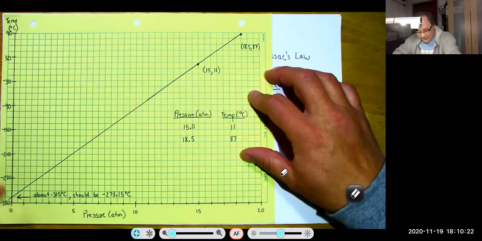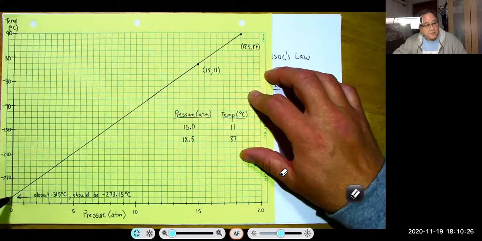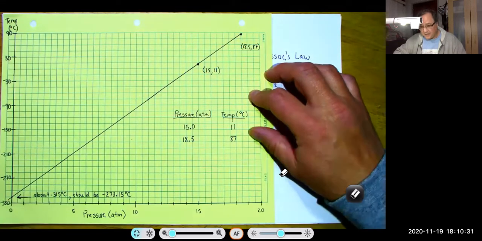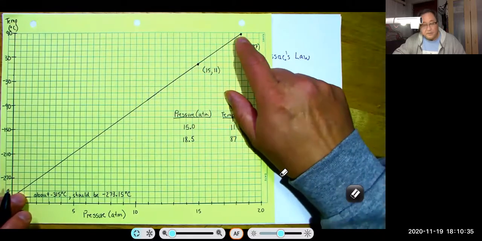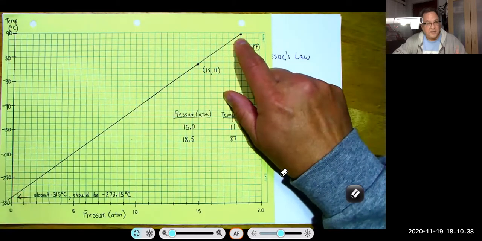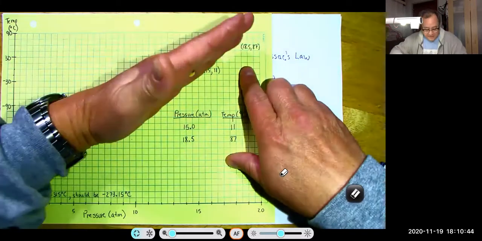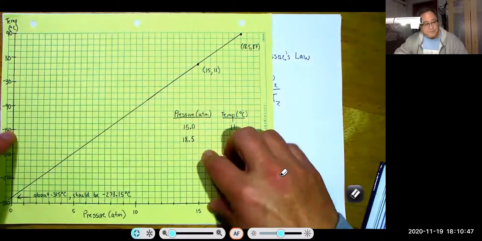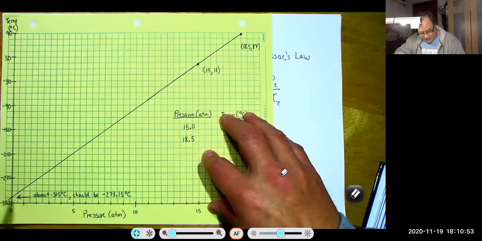Now, if I plot this and draw a line straight through, this ends up hitting my graph at about negative 315 degrees Celsius. Now, remember, this temperature here probably wasn't 87. It probably was a little lower because the steel sphere cooled down the water a little bit. So this point should be a little lower, effectively making my line hit the y-axis a little higher. Well, where should that hit the y-axis? And the answer is minus